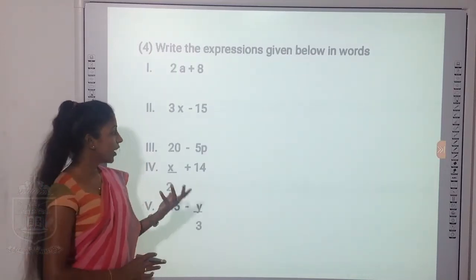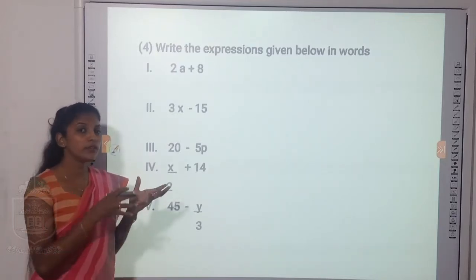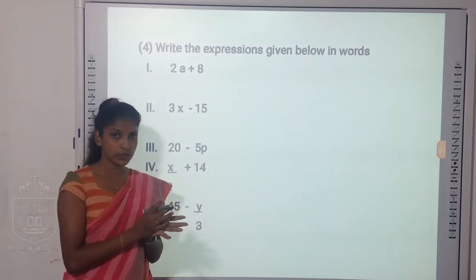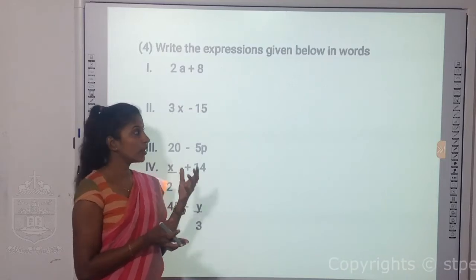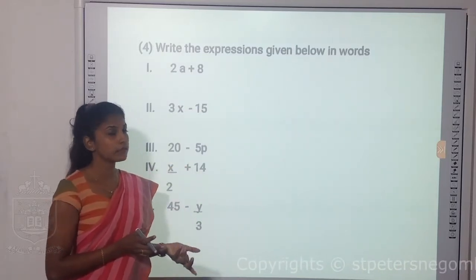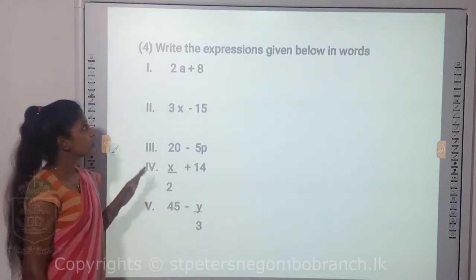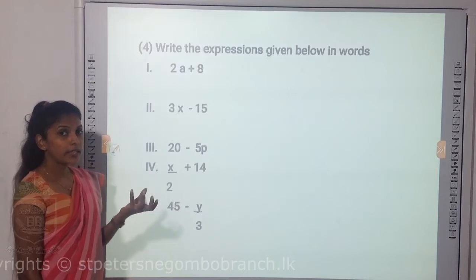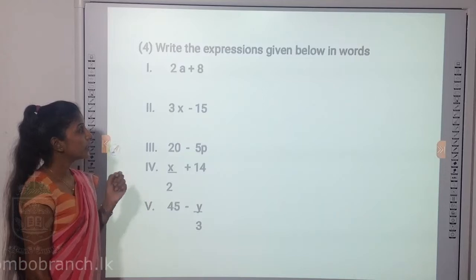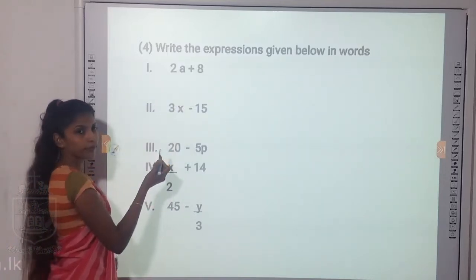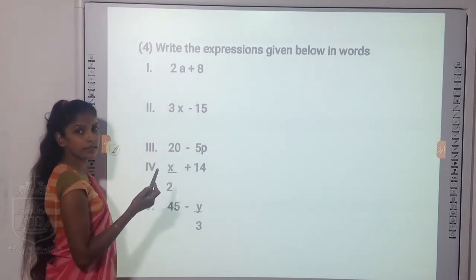Right, now you are given some expressions for you to write them in words. Earlier you were given a description, and by reading that you constructed the expression. But here the expression is given for you to write the way that you are going to read it. How to read that expression, right? So here we can write it like this. If A is the value that is going to be denoted, here 2 times A. Not 1A, here you have 2 times A and plus 8 is there.